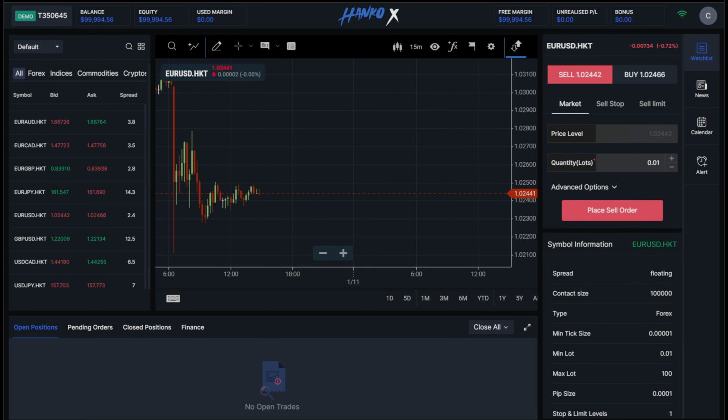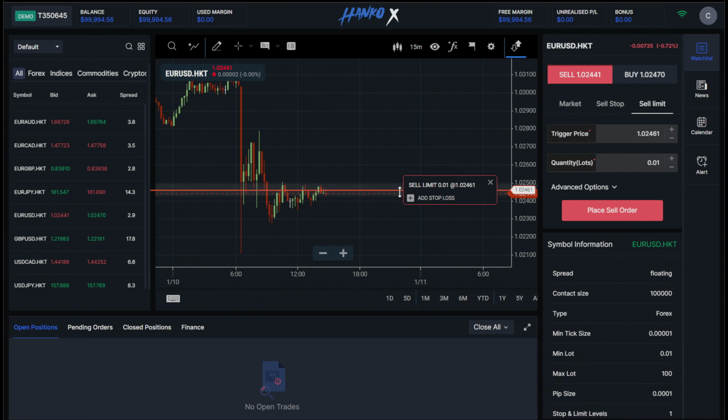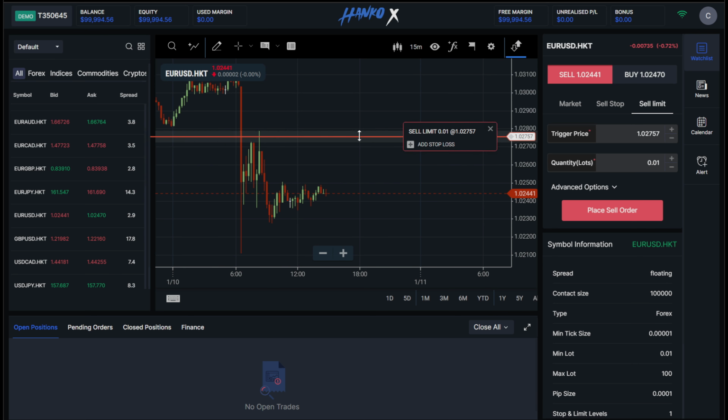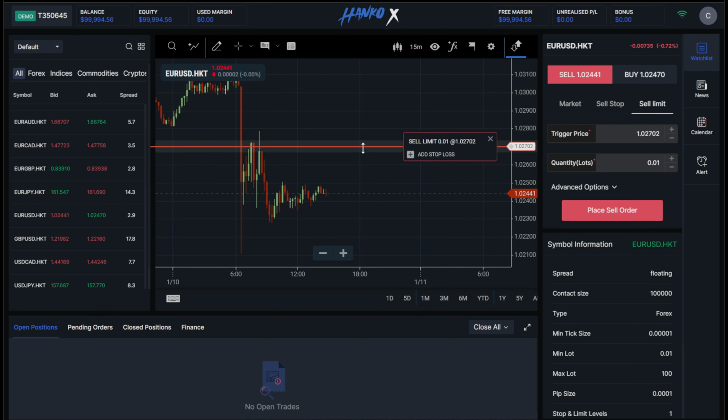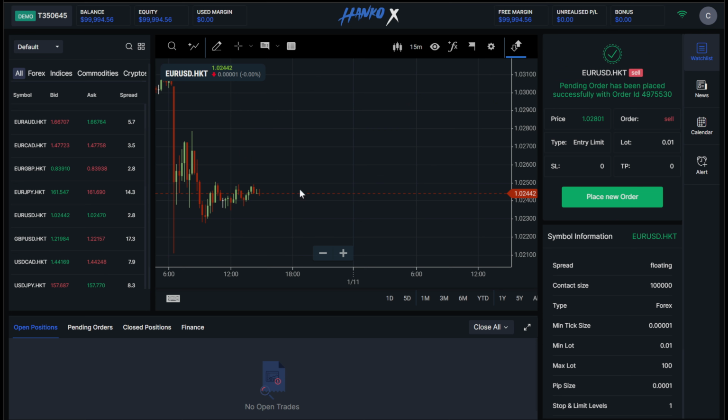The next order type that we're gonna discuss are buy limits and sell limits. And as you guys can see right here, by selecting sell limit, you can see this red line right here. If price goes up to this area right here, put me into a sell. And you can actually move the line just like this and click sell. And as you guys can see right here, if price reaches this number here, you will enter